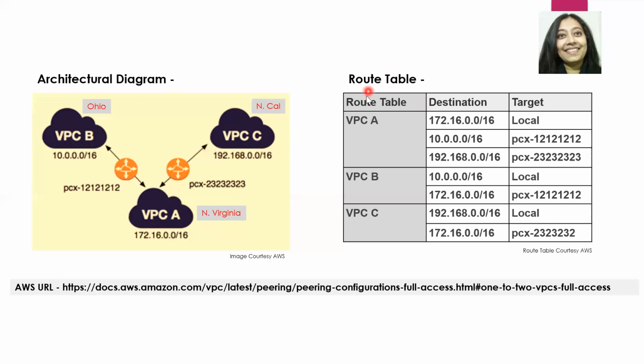our route table should end up looking like the one that is shown on the right of the screen. So as you see, our VPC A should have the local route, and then it should also have two peering connections going to VPC B and VPC C. Similarly, our VPC B should have the local route, and it should also have a peering connection going back to VPC A. And our VPC C should also have a local route and a peering connection going